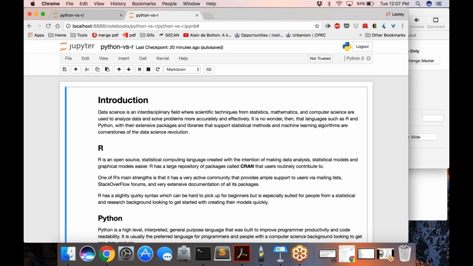So this is Python versus R, and first I'll begin by explaining why I chose this specific topic and how it's relevant to data science. Data science is a subfield of computer science and statistics. It's really where statistics, data, and computer science meet. The focus of data science projects is taking historical data and extracting information or trends from it.